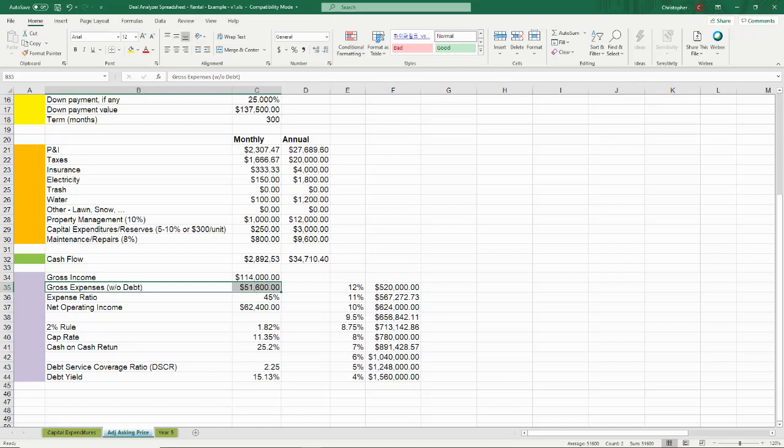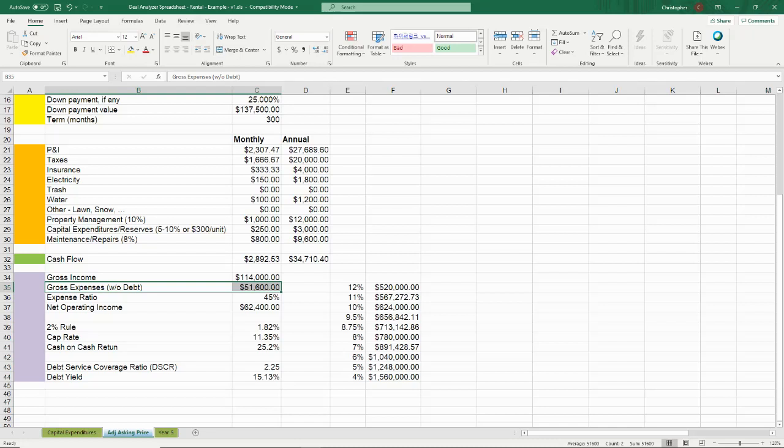For example, one investor may put 20% down, one may put 25% down, one may put 30% down, one may have a 5% interest rate, or a 4% interest rate, or a 7% interest rate. Because of all those variances, the debt or the mortgage is excluded when evaluating or performing valuations on the real estate asset. We want to value the real estate asset or look at these key indicators regarding the real estate asset on the real estate asset itself.